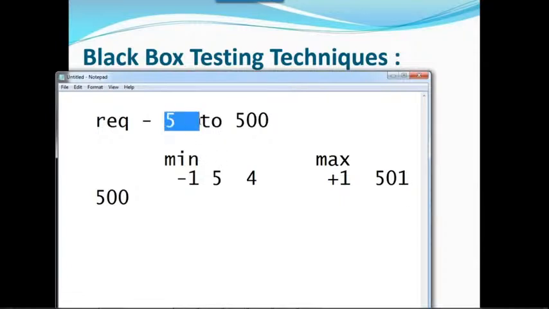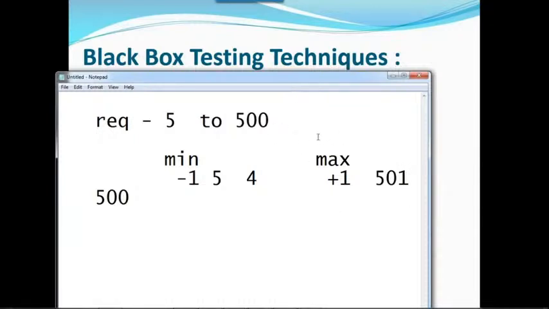So what you can do, you can use BVA. What is called BVA? Boundary value analysis. Take the minimum value, take the maximum value. Minimum value minus 1, less than 1. 5 minus 1 is 4. 4 is invalid, right? It should not allow. In case it is allowing, it is a bug. Similar way, you can take the 500. Greater than value you can take plus 1. 501 should not allow, because if it is allowing, that is the bug. Understanding, right?